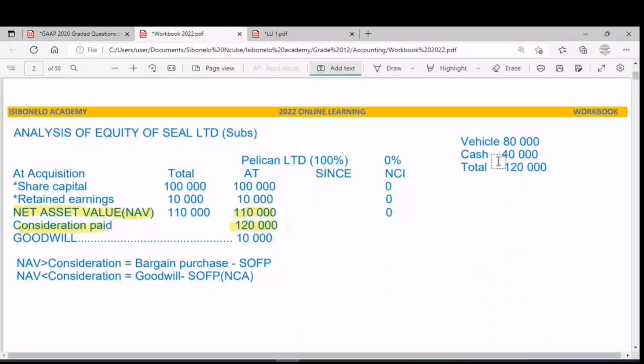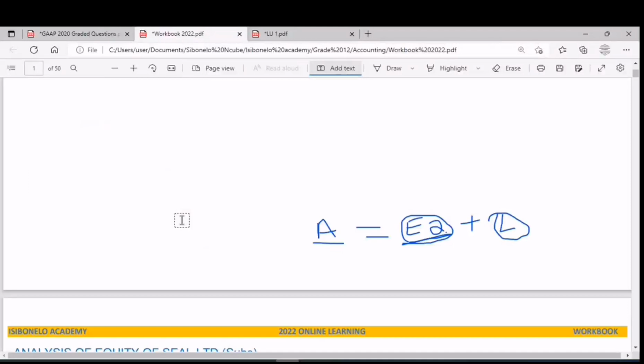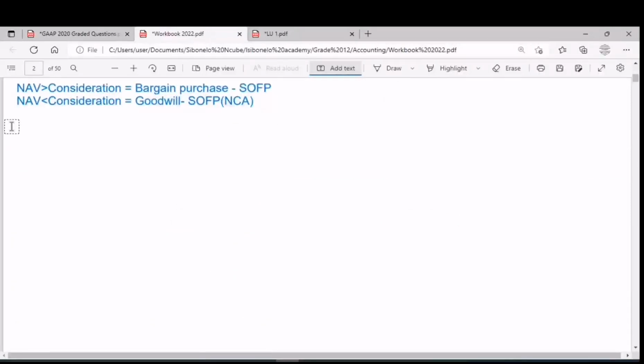Yeah. Okay, so now this is step 2. With step 2, we prepare pro forma journal entries. Now I need your attention here. When we do the pro forma journal entries, the first entry we make is the entry to eliminate the equity of the subsidiary. So entry number 1, we eliminate